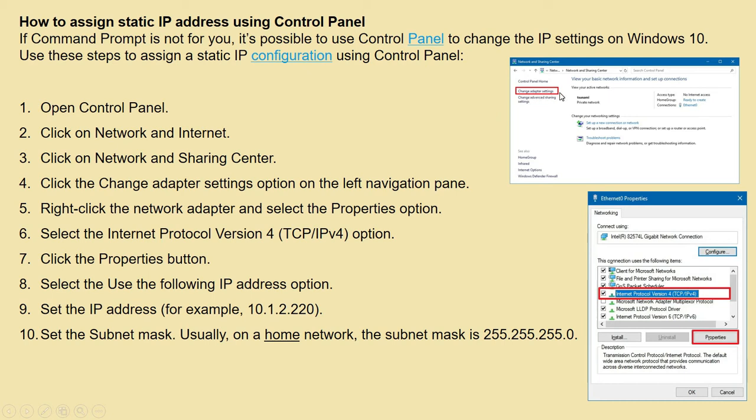After clicking this, right click the network adapter and select the properties option. Now select the internet protocol, that is your TCP/IPv4 option. Okay, this one. Then after selecting, you should click properties. After clicking the properties button, select the use the following IP address option. Now set the IP address, for example